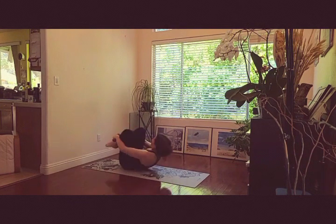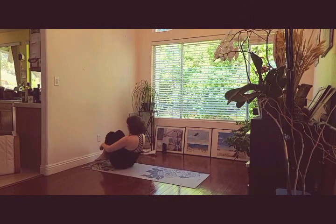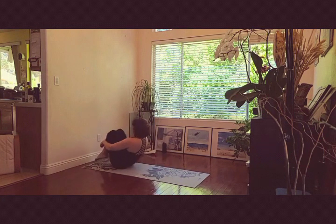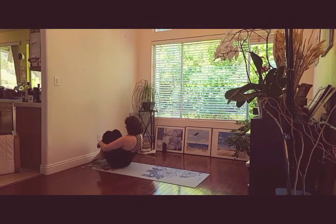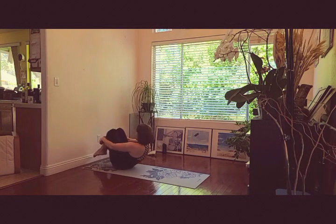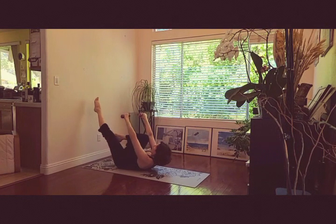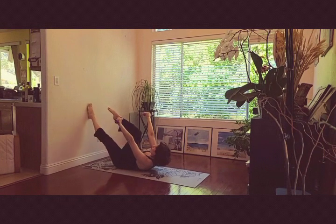It doesn't really matter what the legs are doing here. Keep going, keep changing the positions. 1 more, external, go roll back, parallel, and we're staying in parallel for the stomach series. And switch. Now for this one, let's bring the arms up to make it more fun. And switch. And let's reach to the wall